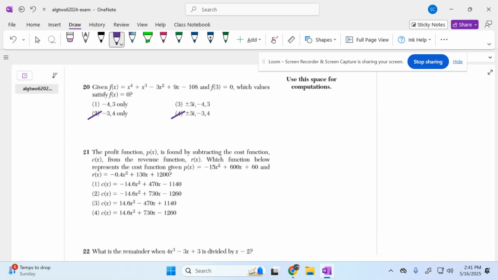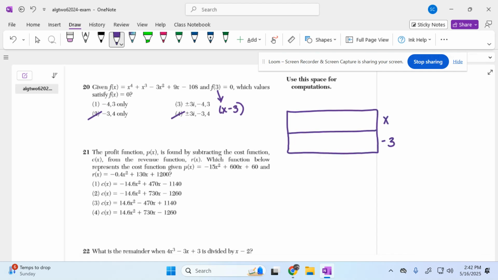Now from here, the algebra is going to say, well, if we know 3 is a 0, that means we know x minus 3 is a factor. To find the other factors, I have to factor out x minus 3. Essentially, I need to divide out x minus 3 because this has 5 terms. This is not factorable using any of the methods we learned in Algebra 2. So if we start doing our division, we'll get division practice here as well. So we're trying to create the expression x to the 4th,